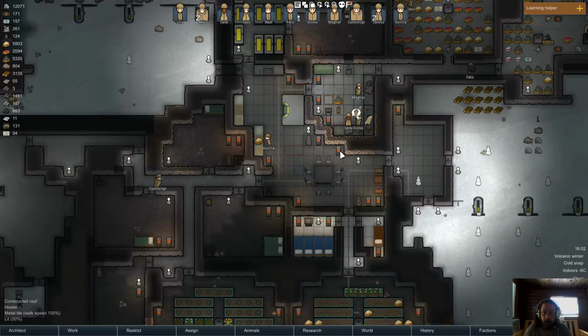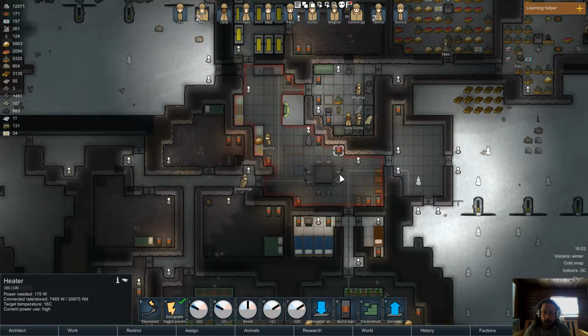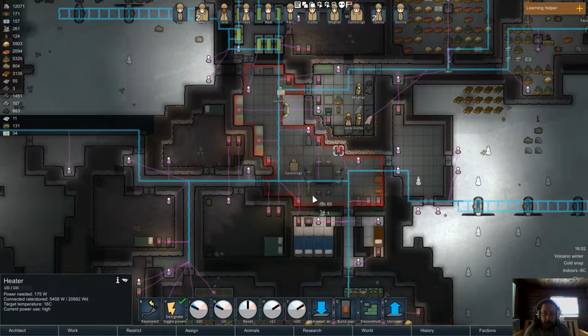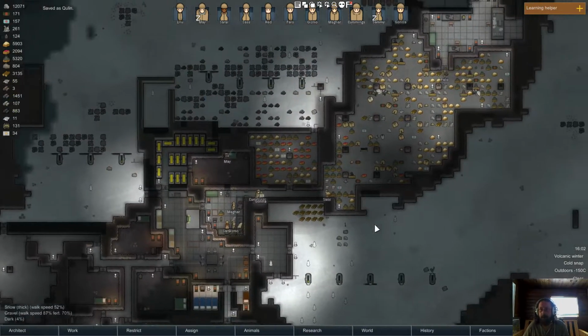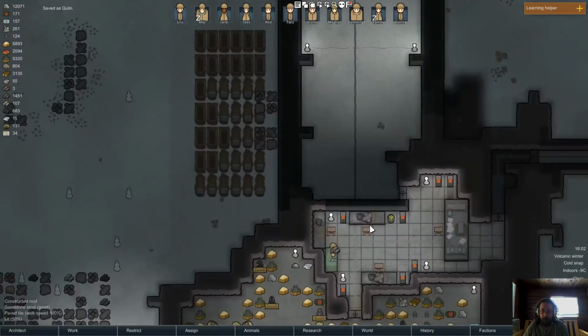And then I want to build a copy of what happened. I think I canceled the other one or something. Alright, let's get a heater in. That's too close to the chair. I don't like that. That's fine. Let's get a heater in there. Save those. And we'll have to turn them down to our 16 Celsius once they get built because...